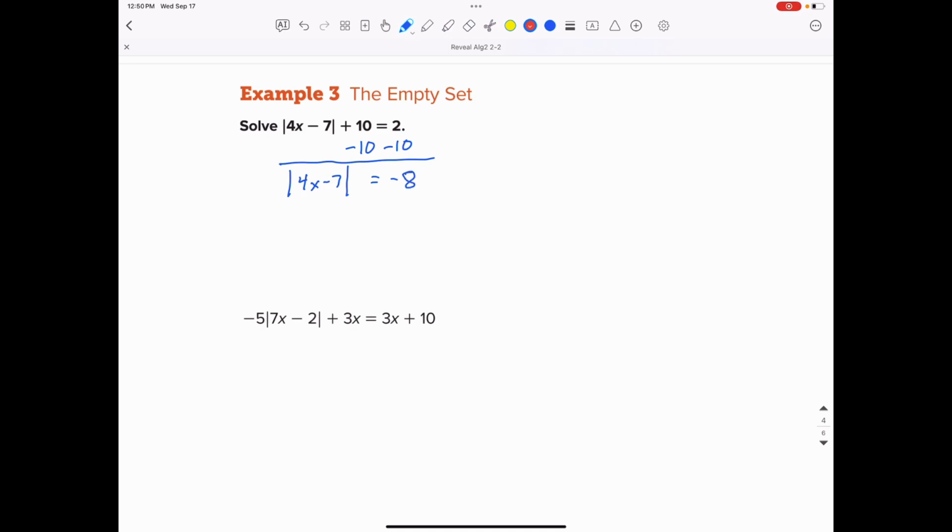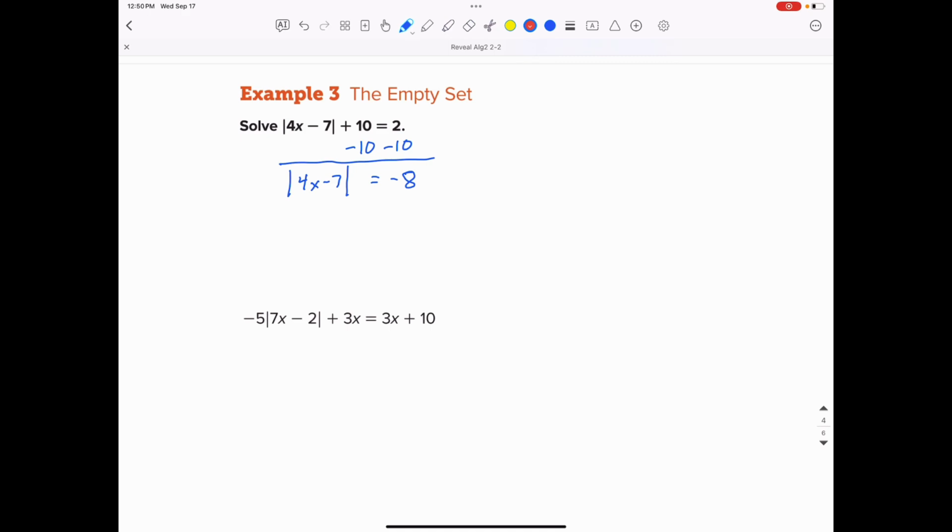Well, what do we know about absolute value? What we know about absolute value is that absolute value is always positive. The absolute value of any number is always going to be positive. Well, we have an absolute value that is set equal to a negative number. The absolute value bars are still there. This is before I've even done the split. So, since I have an absolute value set equal to a negative and absolute values must always equal positive,